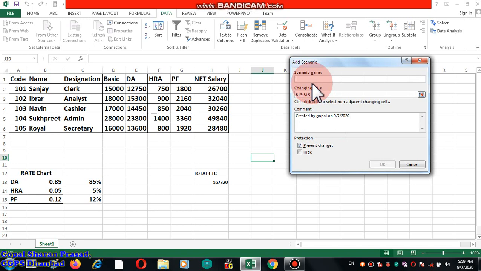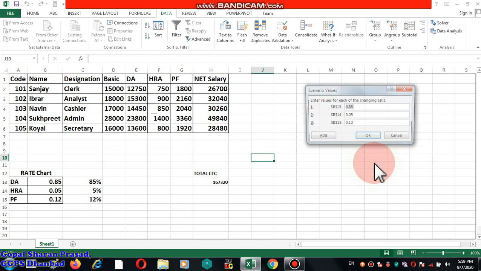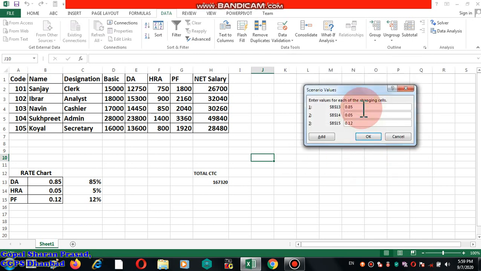Give another case. Lower salary. In the lower salary, what if employee is assigned 50% of DA, 3% of HRA, 11% of PF. Now make it okay.